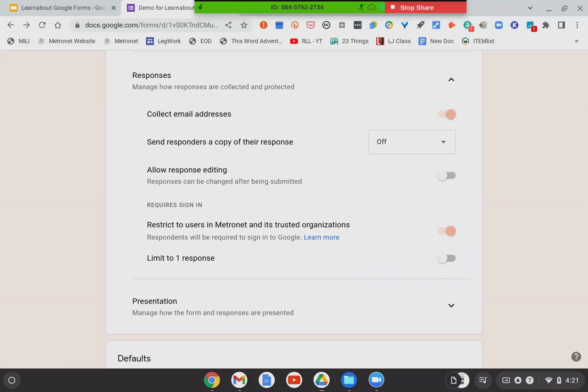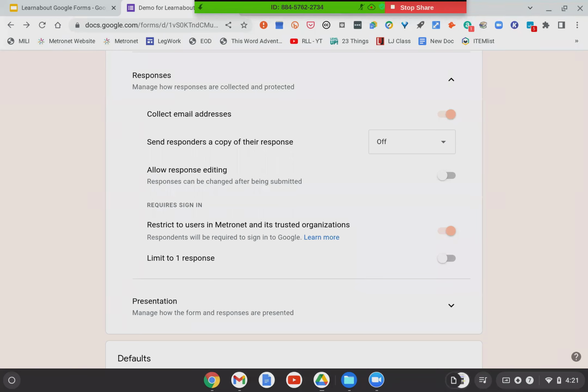So sending the responders. If you were to fill out my form, do you want a copy of your response? Sometimes this is helpful. For instance, here in Minnesota, I have often been a judge for the local Minnesota Book Awards. And when I do that, I have to fill out an application each year, and they ask me a bunch of questions about books and my reading style and my reading preference. And I spend a lot of time developing it. And then at the end, they send me a review with the entire Google form, including my responses, which makes it helpful for me when I apply again the next year. And I'm trying to think, what did I say last year that they clearly liked because they picked me to be a judge? So that's just an example of when that can be handy.